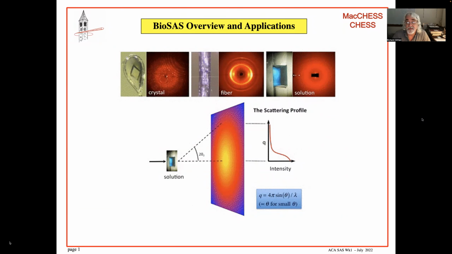And I've been asked to give you a sweeping overview, an introduction to small angle X-ray scattering, just to get you set for all the other interesting lectures you're about to hear. So to start with,